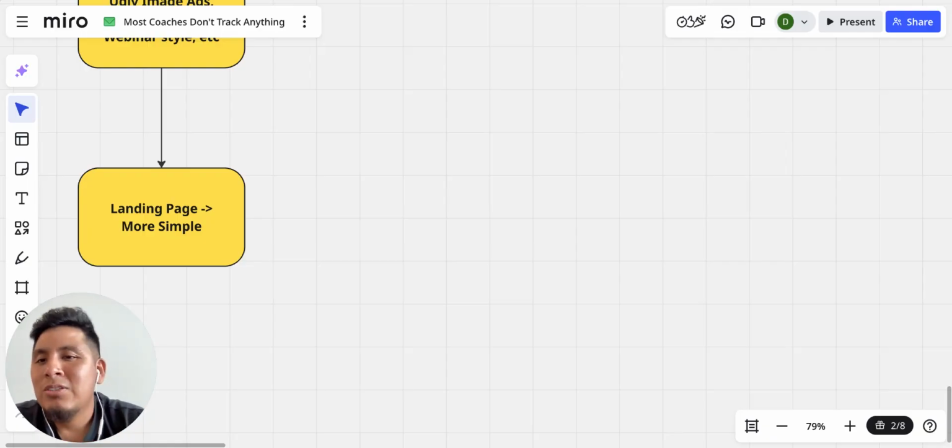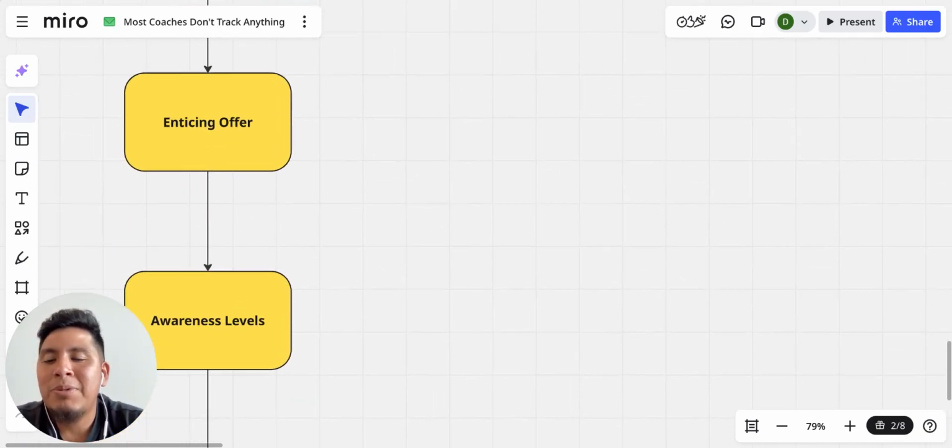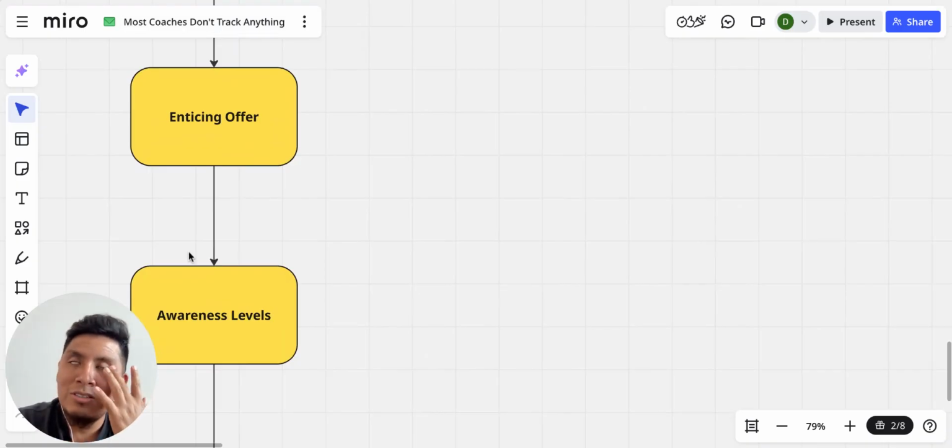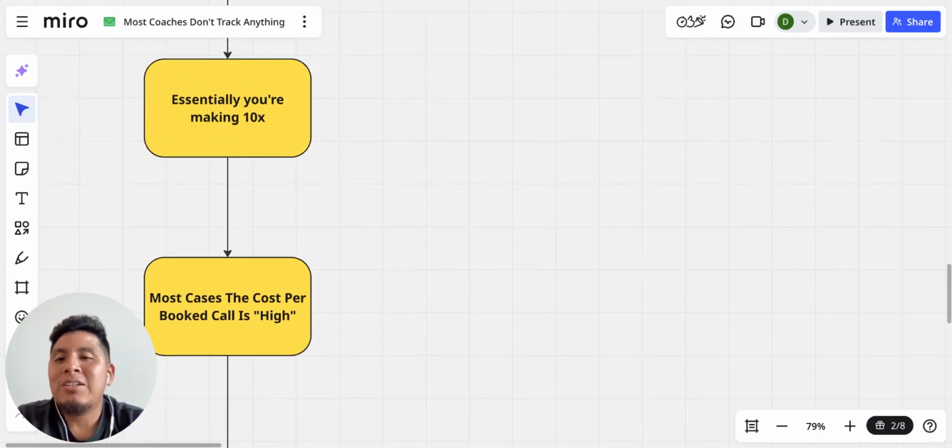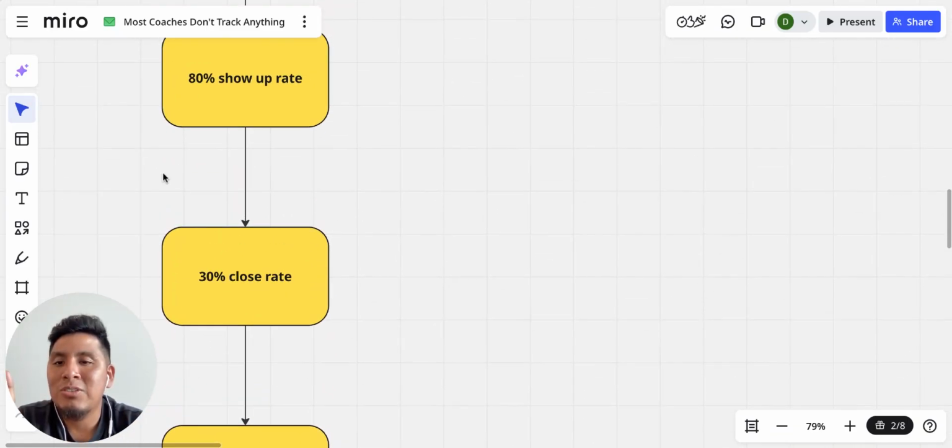So just to wrap it up, the main two points here are: have an offer that gives a result first, that puts your results on the line, and try to tap into different awareness levels, more into the problem and solution aware, instead of just the most aware and product aware that only encapsulate about 3% of the actual market. Those are actually the bigger levers, instead of just all the media buying hacks and all these different things you can do to drive the cost per booked call down, if hypothetically you're within these numbers, right?